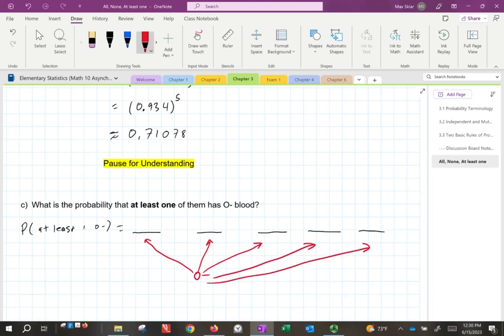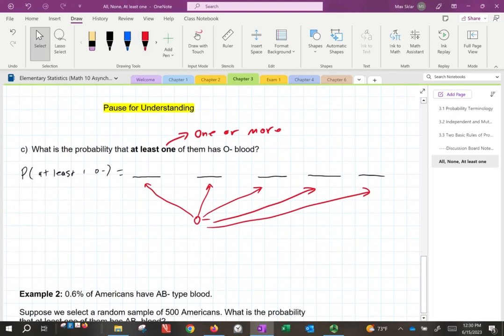And for that matter, we could actually have 3 of these people have O negative blood, and that's still at least one. At least one means 1 or more. So again, we want to know the probability of having the 1st person have O negative blood, or the 2nd, or the 3rd. That or hints at an addition rule, but it's more complicated than that because we only know